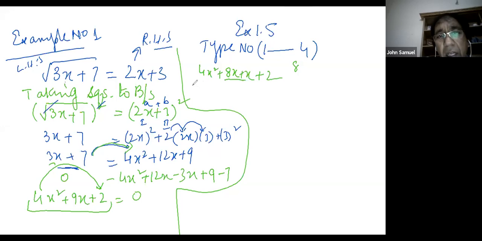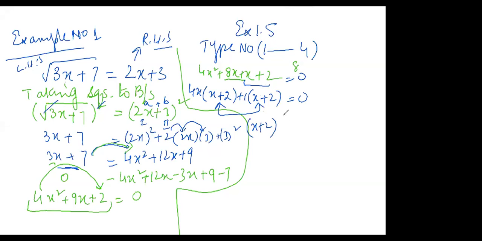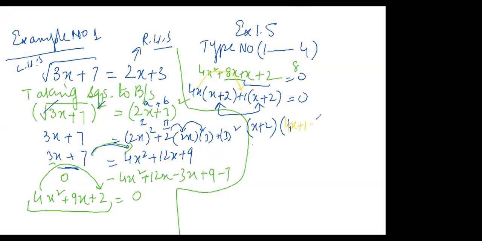So we can write here 4x as common, x is common, then x plus 2 is the remainder. Similarly, no remainder is here. Plus 1 we can take common, so x plus 2 times 1 is there and is equal to 0. You know that. Okay, so these two are similar, so it means we are doing correct. We can write it x plus 2, and the remaining, you know what the remaining is? 4x plus 1.